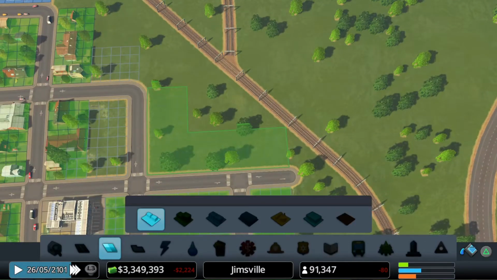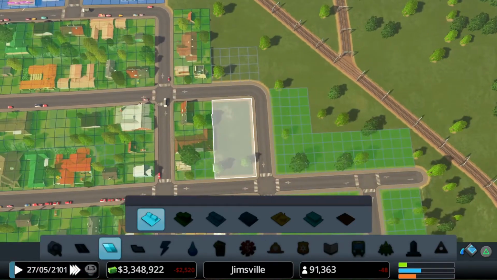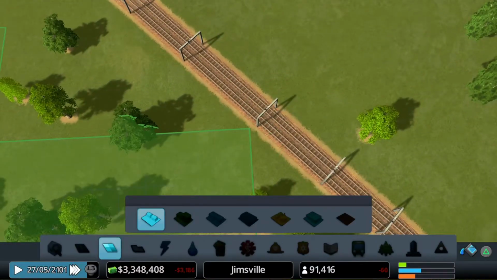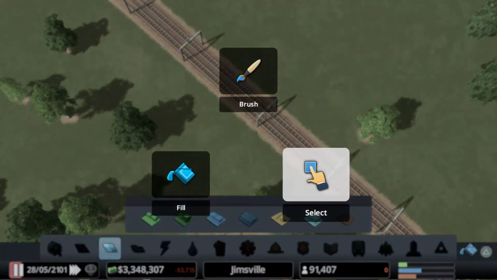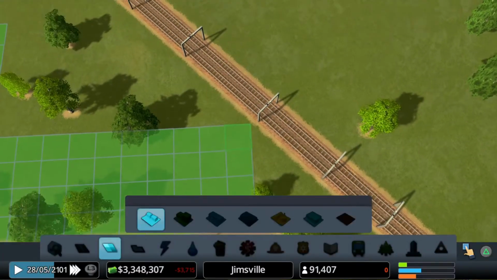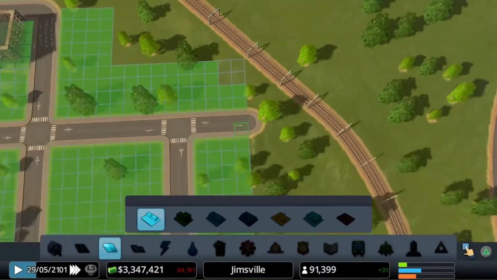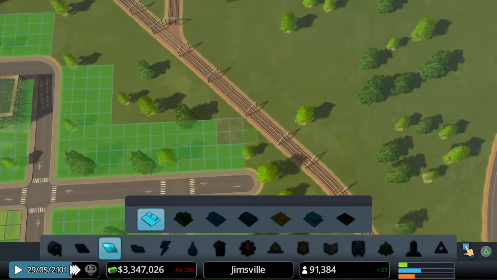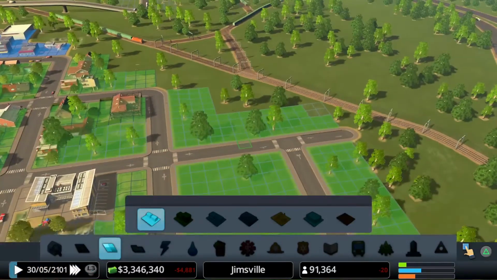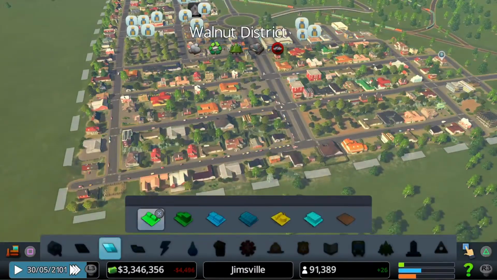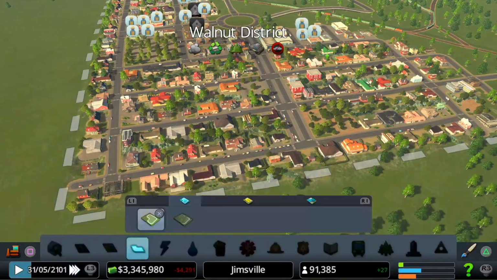Just a little concerned about maybe getting a touch too much noise just there by that bit of the railway. So let's just strip that line off there, like that, a block off there, just to give us a little bit of clearance from the railway and cut down on some of the potential noise issues. What else can we do? I need to make sure that they're part of the district.